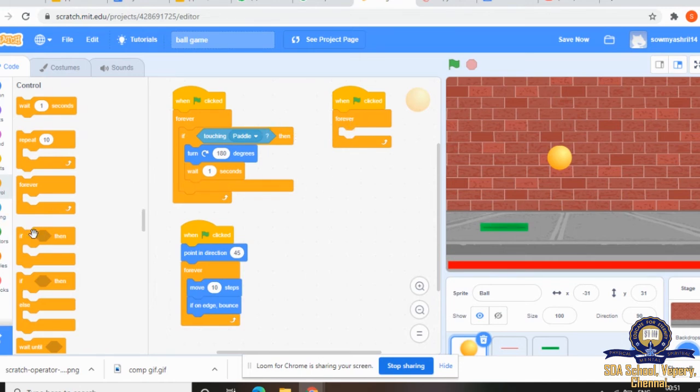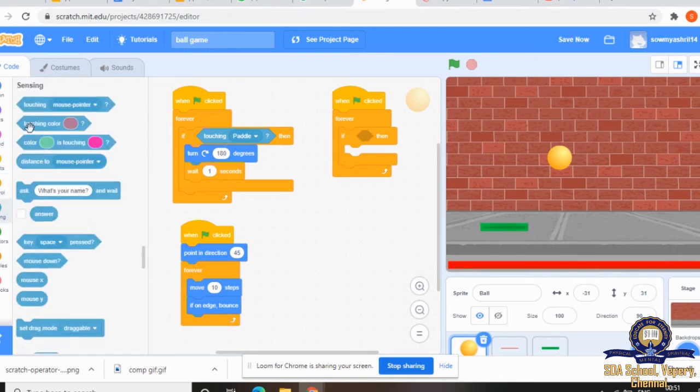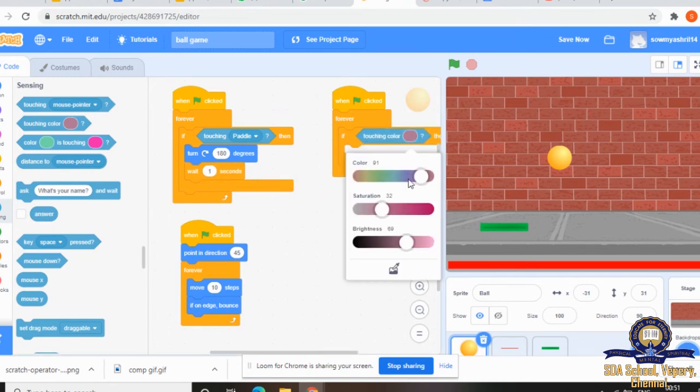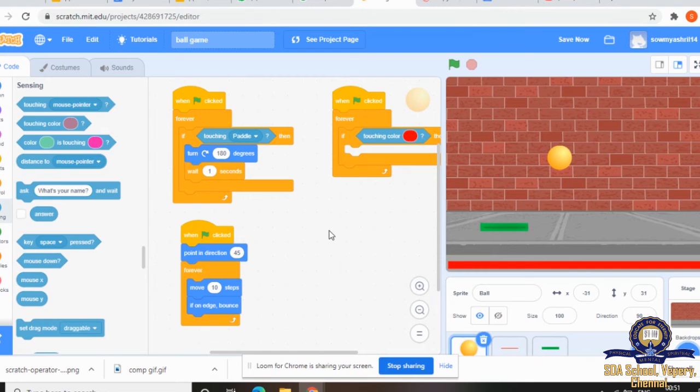Until that, the game will keep on going. Then inside this, we are giving if block. Then inside if block, I'm giving touch this red line, right? So sensing block, touching color, red color should come. Then what happens?